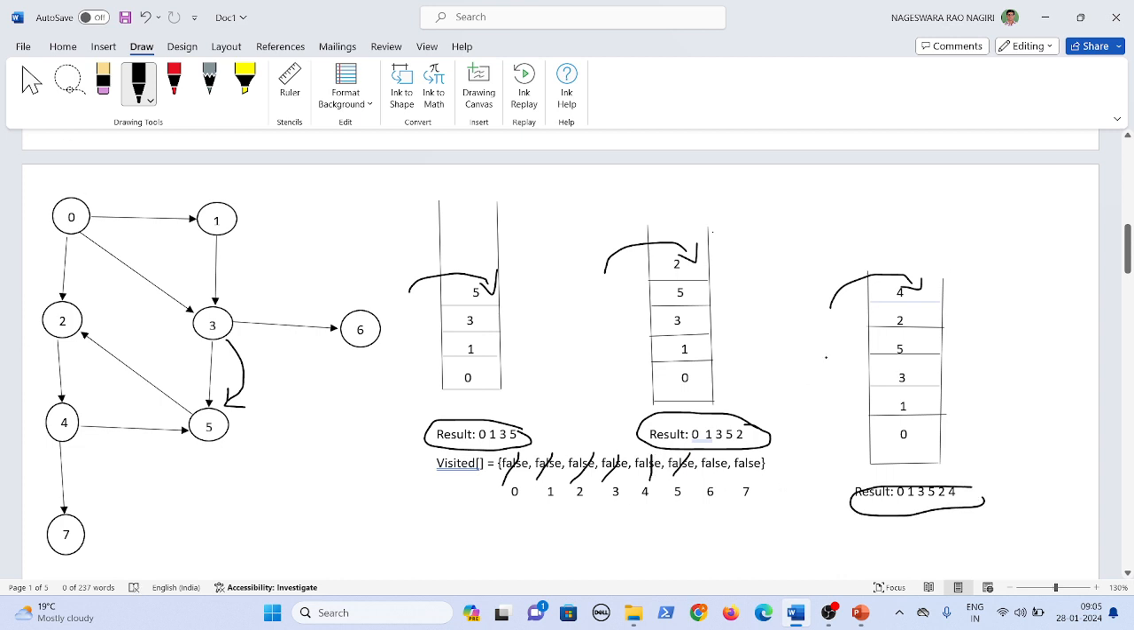So now you start from 4. From 4, how many edges are there? You have 5 and you have 7 as well. But let's say I want to go to 5. But if you see the visited array, 5 is already visited. So you have already visited. You shouldn't visit it again. If you go and visit 5 again, you end up